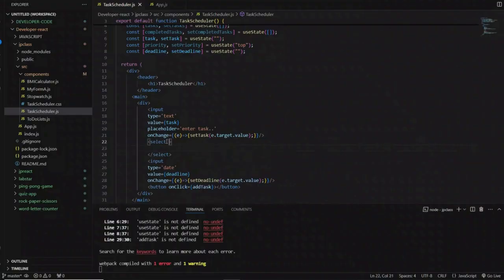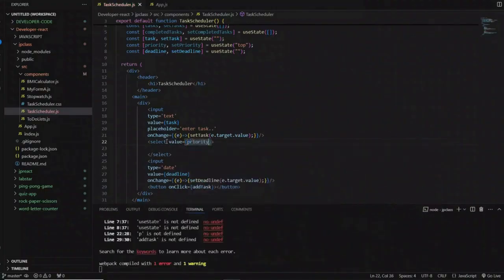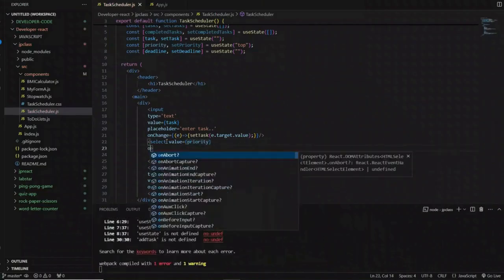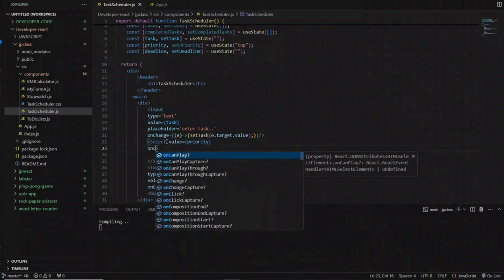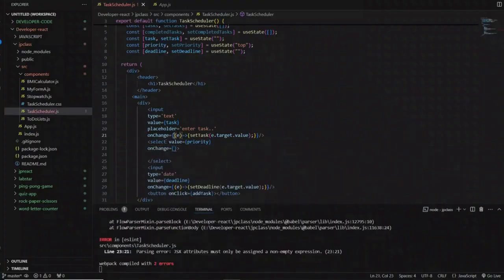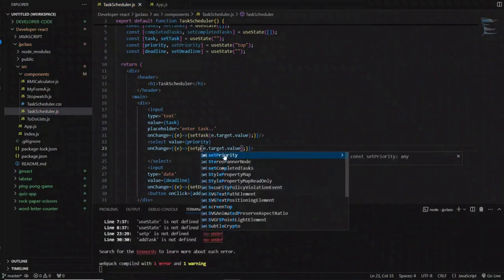Inside the select we have value is priority, and then one more thing, onChange. We copy here and paste it, removing the task and priority, and